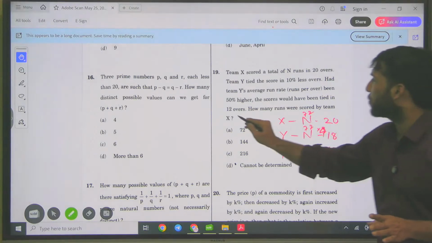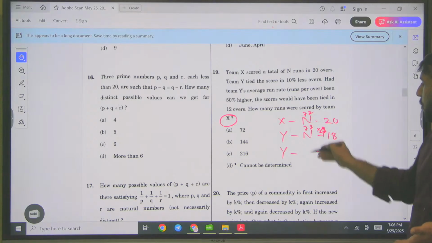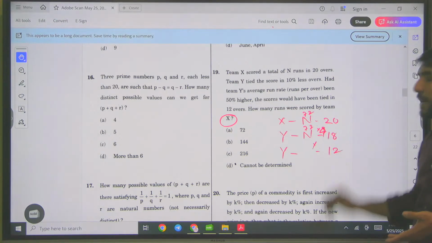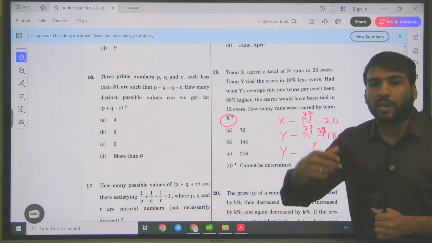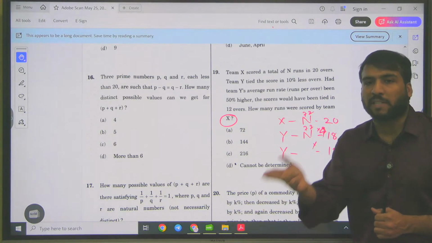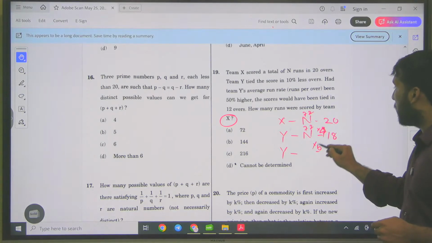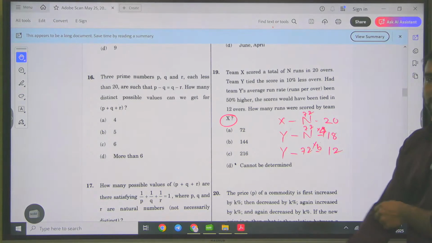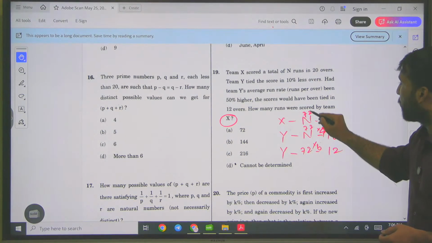Whatever it may be, we don't know. He's asking how many runs scored by X. Both are same. From here, if I observe 50% higher rate, now 50% higher rate means what do you mean by that? If I am scoring 4 runs in an over, 50% higher means I am scoring 6 runs in an over. Yes or no? 12 sixes are 72. I am getting my answer? Yes. If I check with 144,